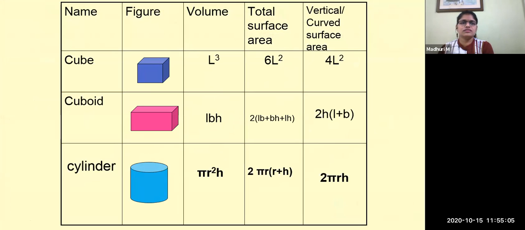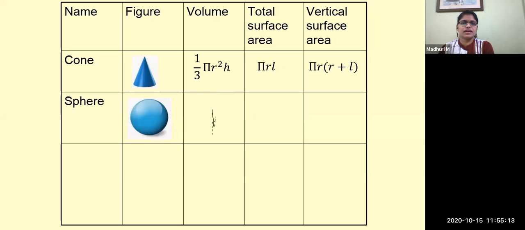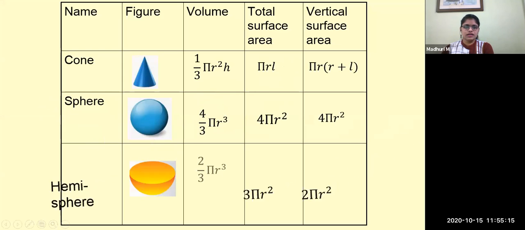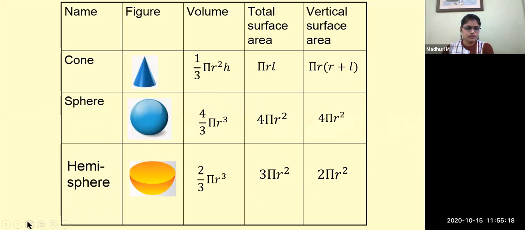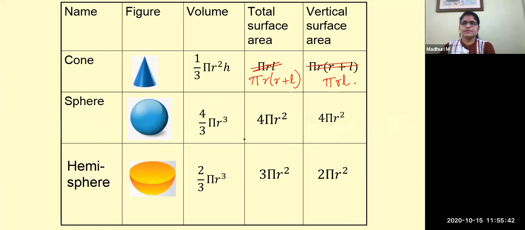And for the next three structures, that is cone, hemisphere, and sphere, these are the formulas. I need to just make one correction over here. Just a minute, students. This part over here, the total surface area has to be pi r (r plus L), and the curved surface area, or the lateral surface area, is pi r L. If you wish, you can quickly take a screenshot of that. Yes, with that, we will begin with the quiz.